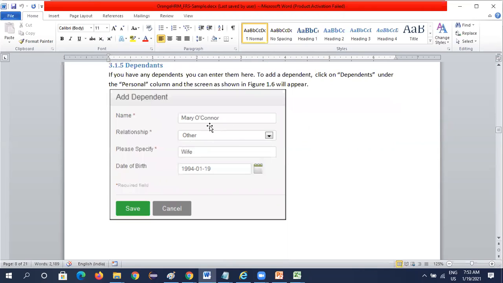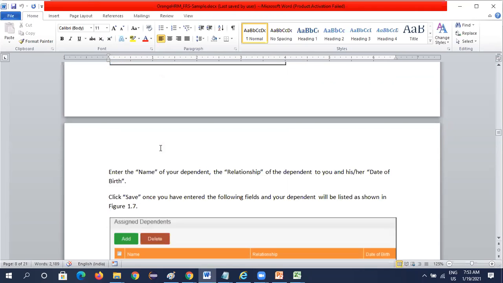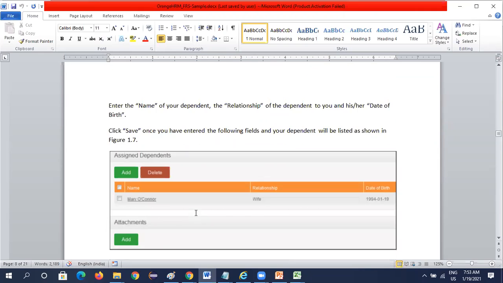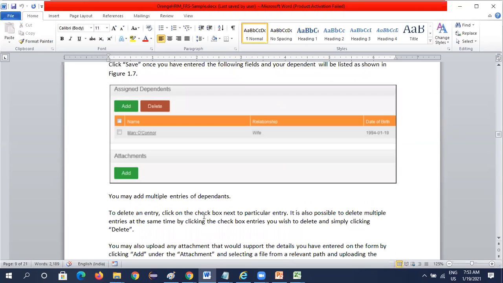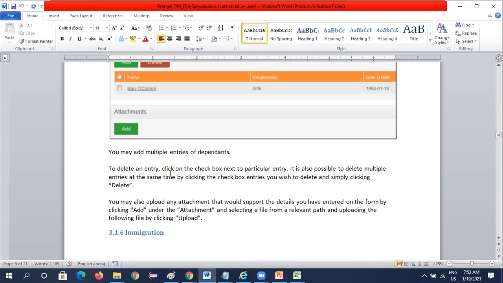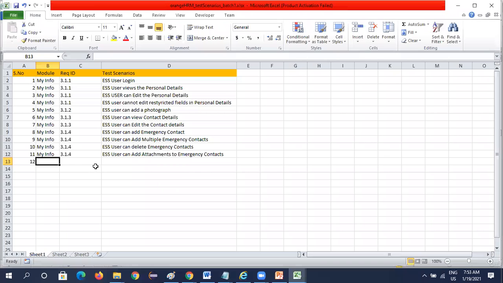So any dependents are there, mother, father, sister, brother. You need to enter the dependent's name here. Enter the name of your dependent, relationship, and the date of birth. So click save. Okay, see here you can add multiple dependents. The same way you can delete them. Also you can upload the attachments. Add under the attachment, select a file. Okay, same. So can you tell me the test scenarios, how it would be